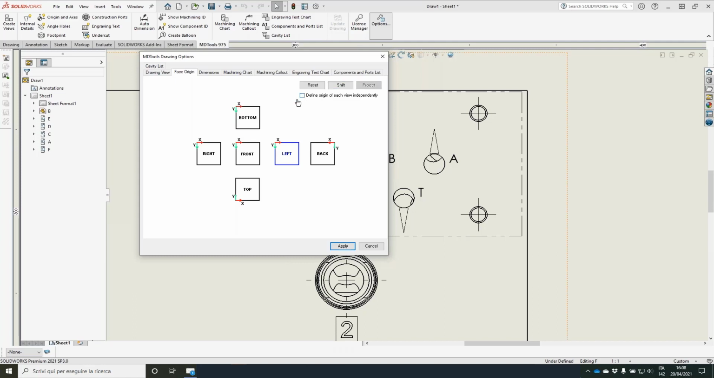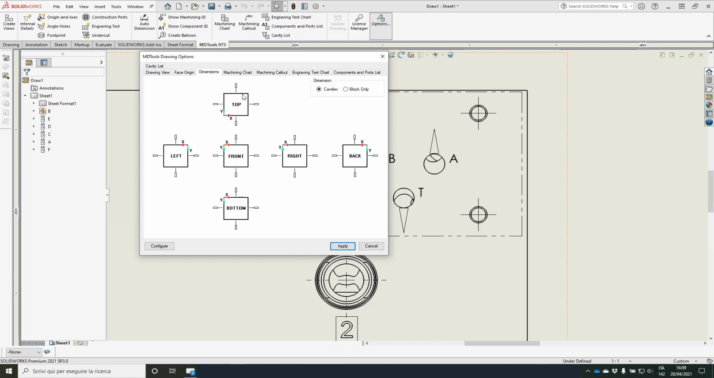Honestly, I always try to use the project. Normally I use the top left corner, but you may need the bottom left or whatever according to your standards. In terms of dimensions, this dialog will allow you to define where you want to position the dimensions on each view. So as you see, we have a name for each view,